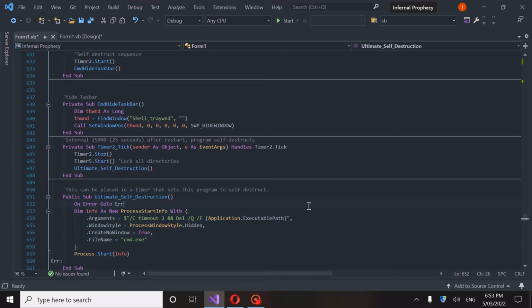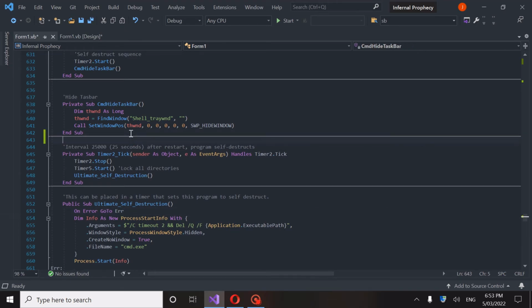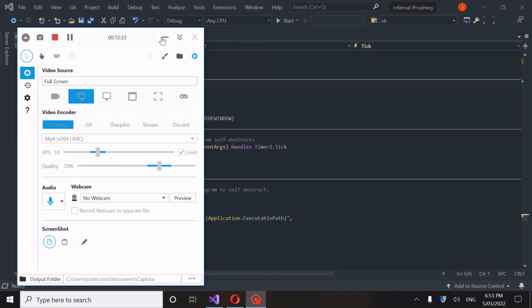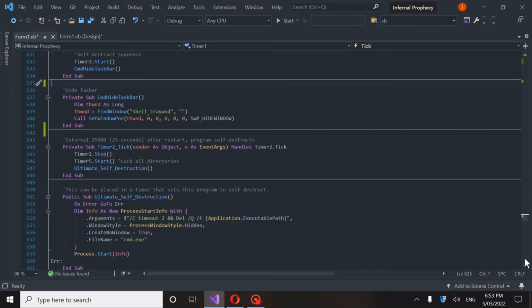It basically will self-destruct because the last thing you want is your program to be traceable after it's done its damage. That's one of the biggest mistakes that malware and ransomware writers make, is that they're not smart about their code when they're doing it, and they don't have a self-destruct sequence. If you're going to write malicious code, which I strongly advise you don't unless it's for educational research,